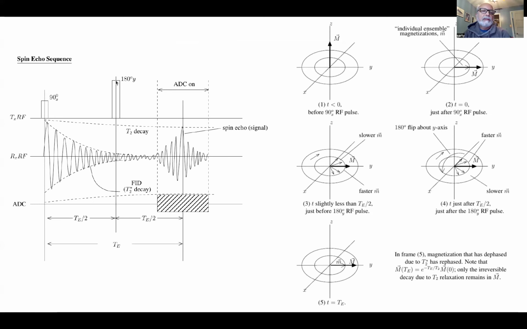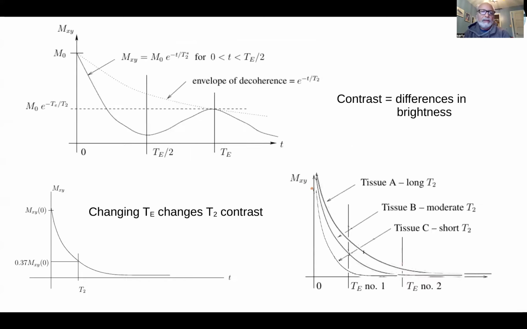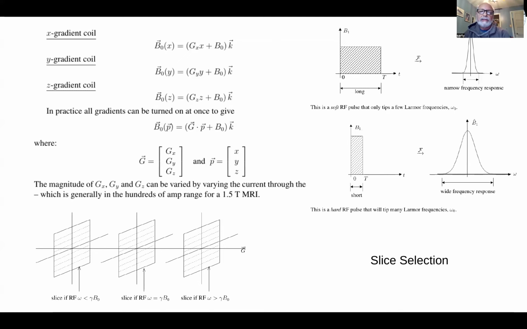but the 180 degrees is twice as high. So the area under the 180 degrees is twice as much as the area under the 90. And the area is proportional to the tip angle. So we have some freedom to choose our tip angle with various pulse durations and various amplitudes of the pulse. So if you have a very long pulse that gives, say, a 90-degree tip angle, the amplitude is going to